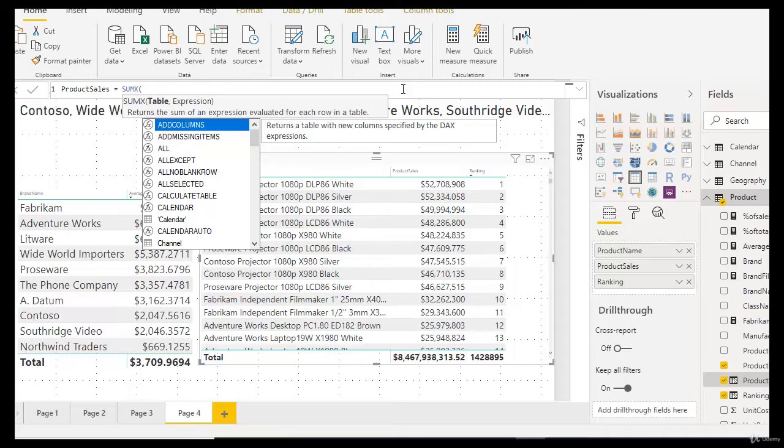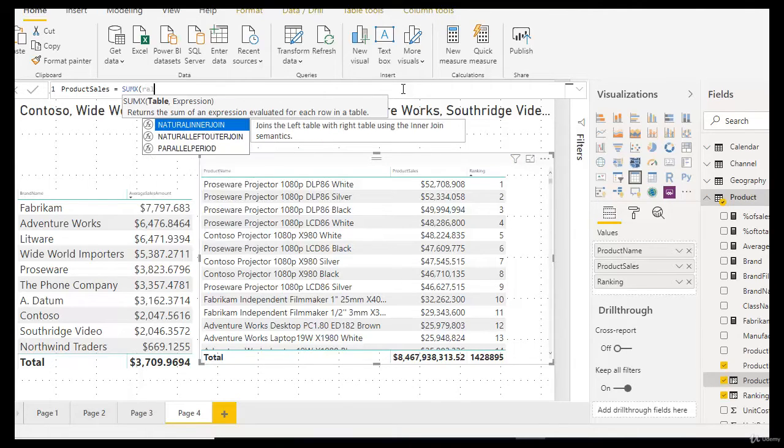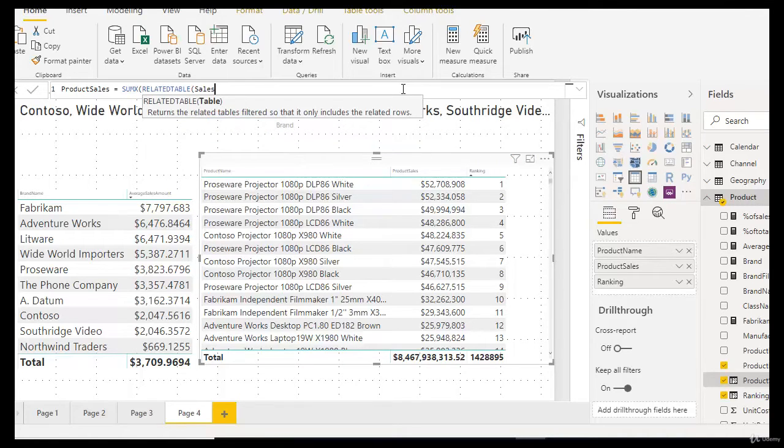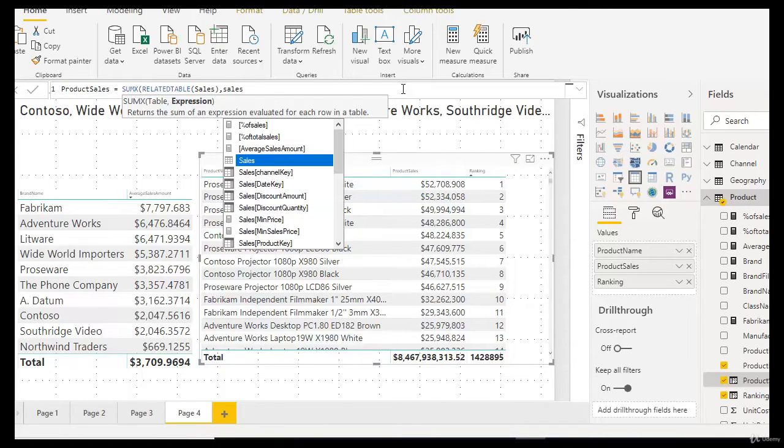We want to use it in sales. Now if we just use the sales table without using the RELATEDTABLE function, it won't take into effect the cardinality relationship that we have with the sales table from the product table. So we need to use the RELATEDTABLE function, and then we're going to select the sales table. We just close it. And the expression we are going to evaluate is we are going to sum all the sales. So we're going to use again sales